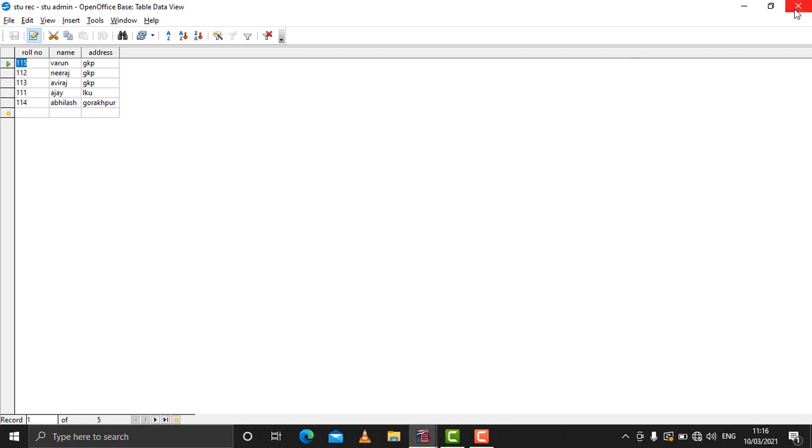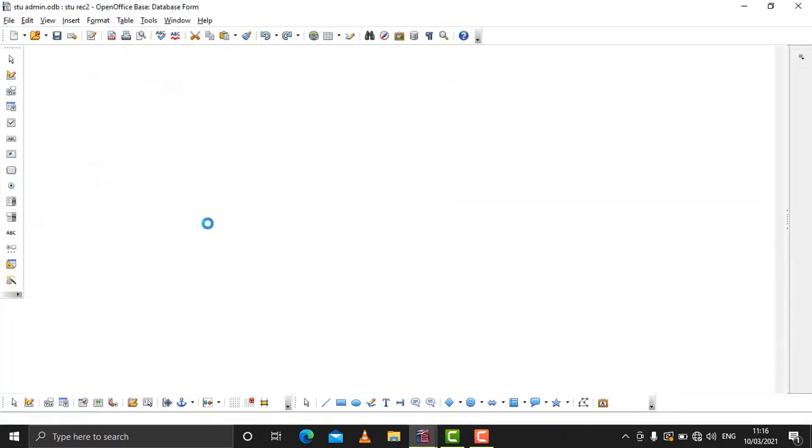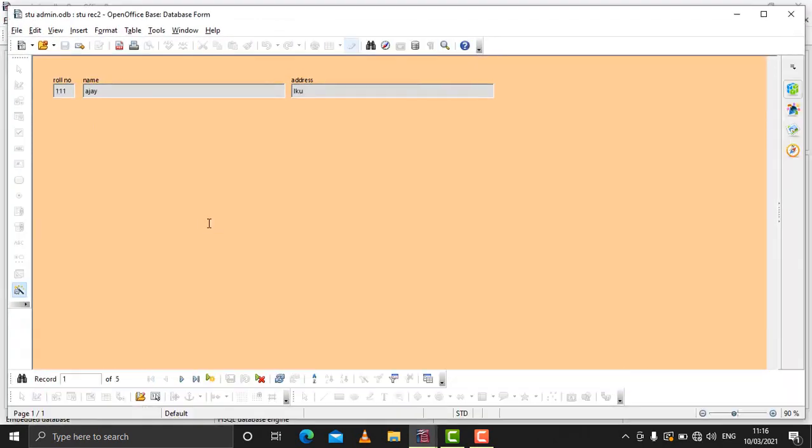So let's open the form, come to form, open the form, and if you want to delete the data, you need to first display the data which you want to delete. Say for example, this was the data which I entered and suppose that I want to delete this data. So for deleting this data you need to click on the delete record button and that is here.